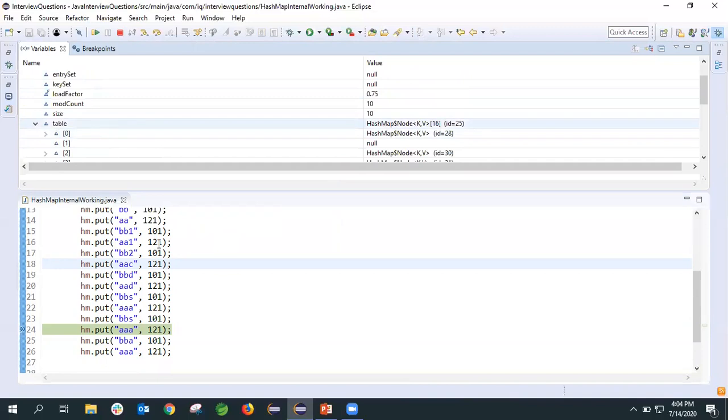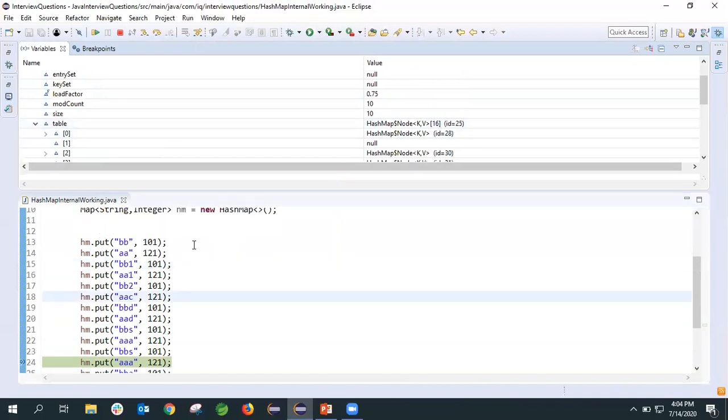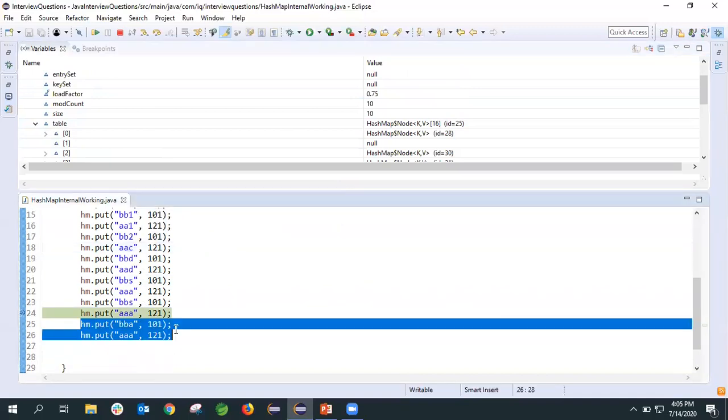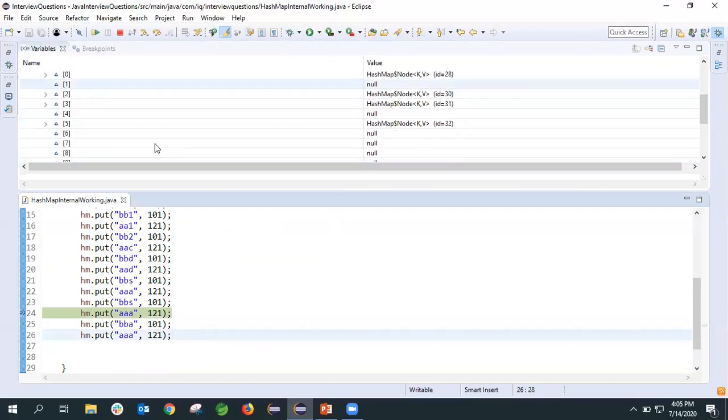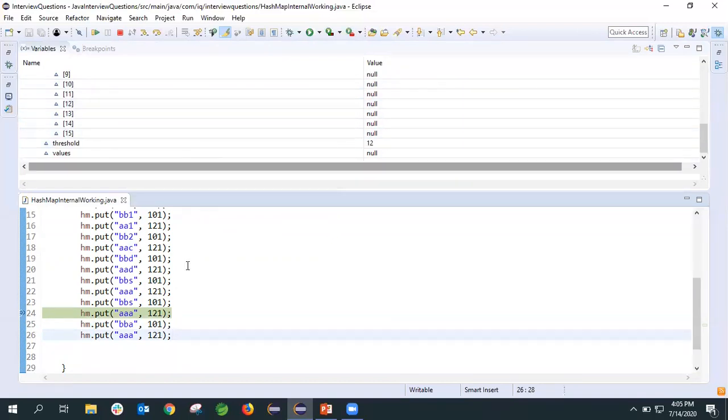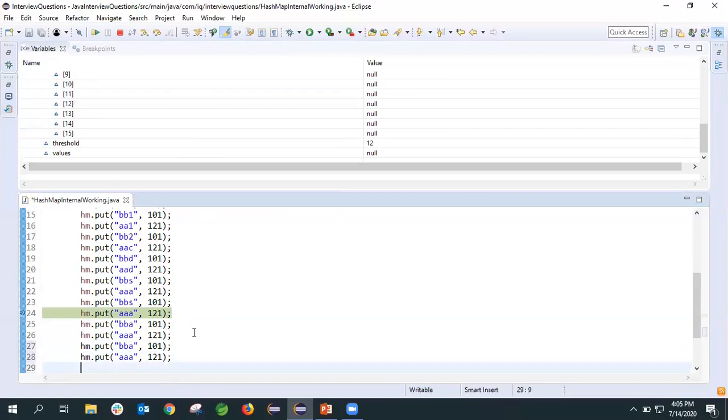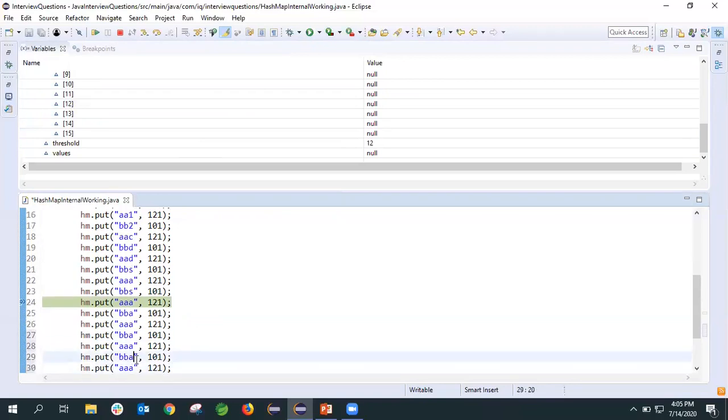Let's see if any duplicates are there. A, C. Okay, let's enter some more. And you can see here, the threshold is still 12.